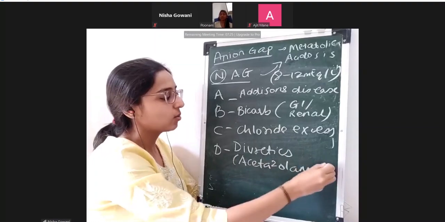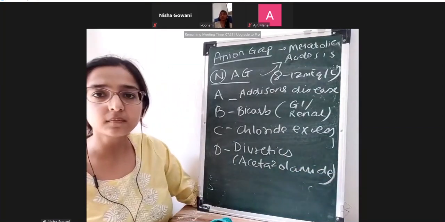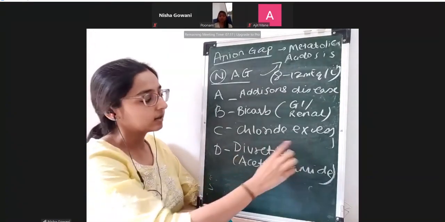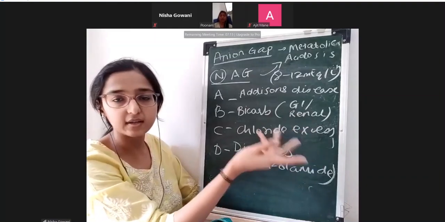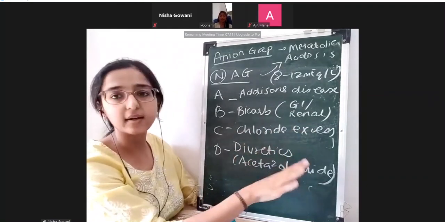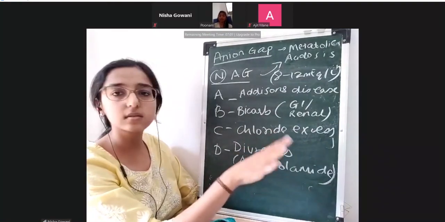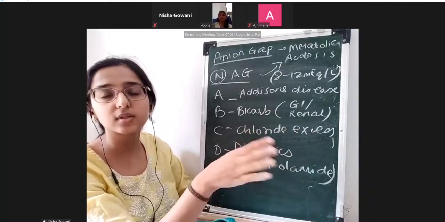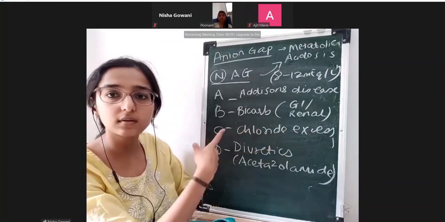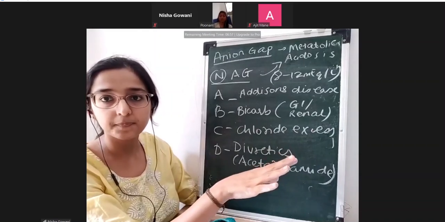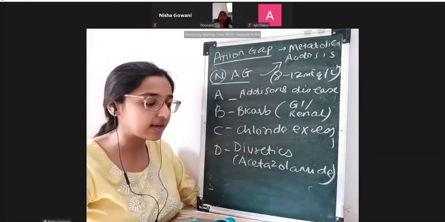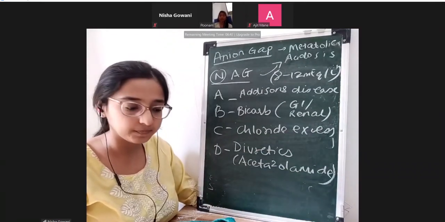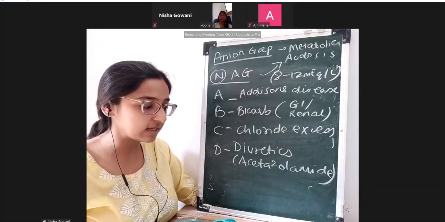So I think this mnemonic might be a little easy to remember, because we have understood the concept of normal, right? Why is it normal? Because the bicarb losses, be it GIT or renal losses, are compensated by chloride retention. So if you're finding chloride excess, that means this is normal anion gap. Renal tubular acidosis, vomiting, diarrhea, are places where the bicarb is going to be lost. So is this understood? Here the explanation of anion gap is done. Then we'll see one example.